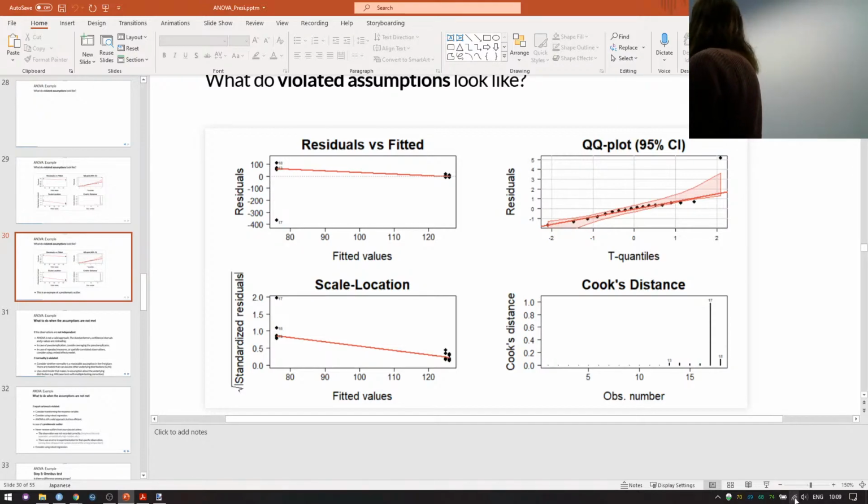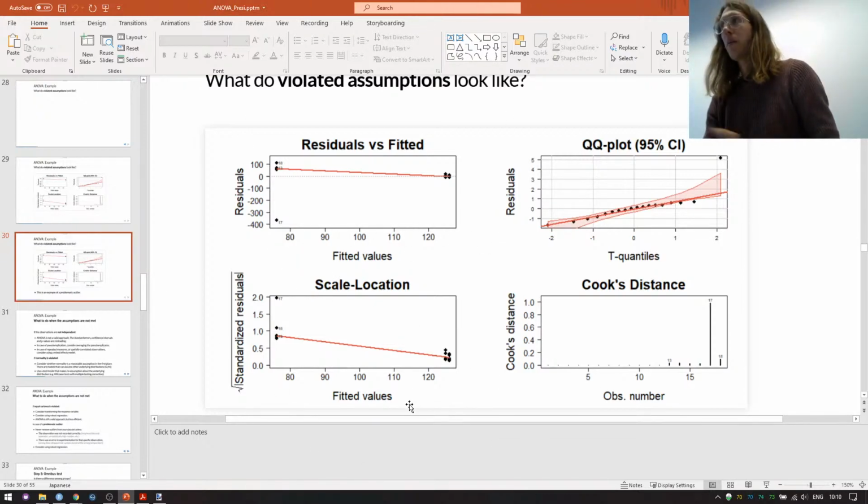What's the main difference between the first plot, the residuals versus fitted, and the scale-location plot? Guys, maybe one question for all of you. I got a pretty good question: what exactly is the difference between the residuals versus fitted plot and the scale-location plot? Well, most statisticians I know only look at this plot